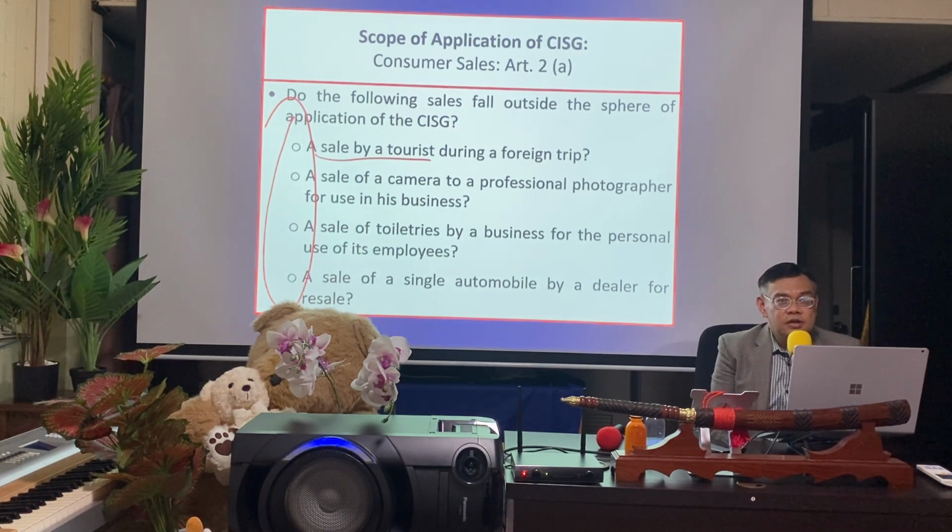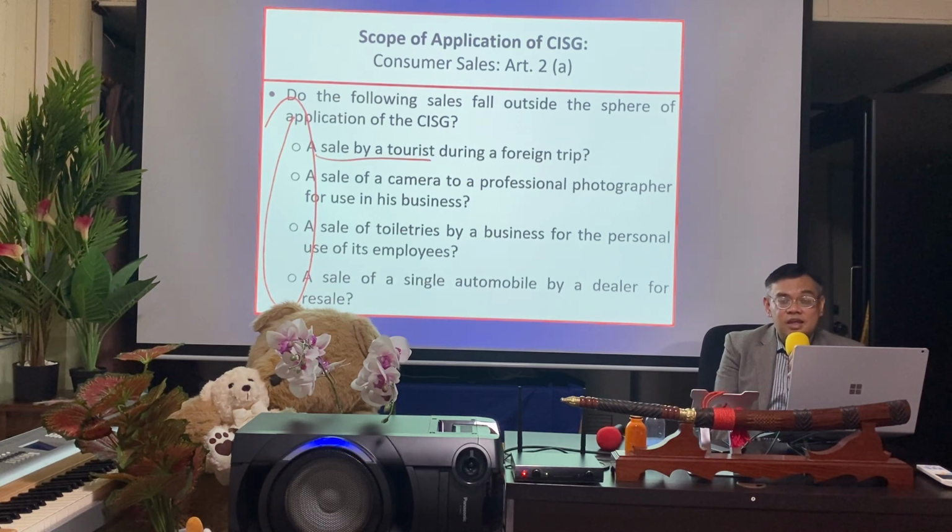Even though, let's say, Borowi has a place of business in Germany, and of course Japan is a CISG state. So Japan has now joined the CISG. So even though we have the internationality requirements, i.e. two parties have places of business in different contracting states, right? But the CISG does not apply to this agreement simply because it is considered just a consumer sale